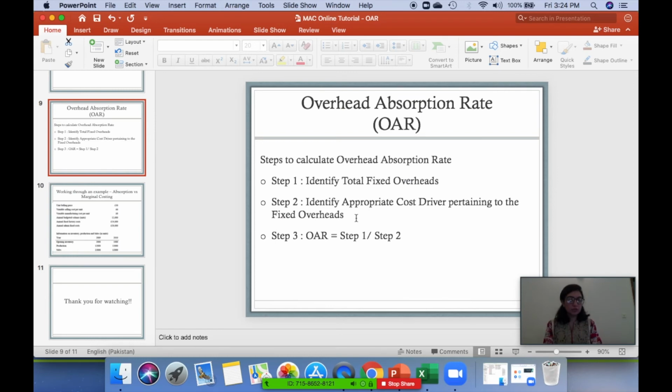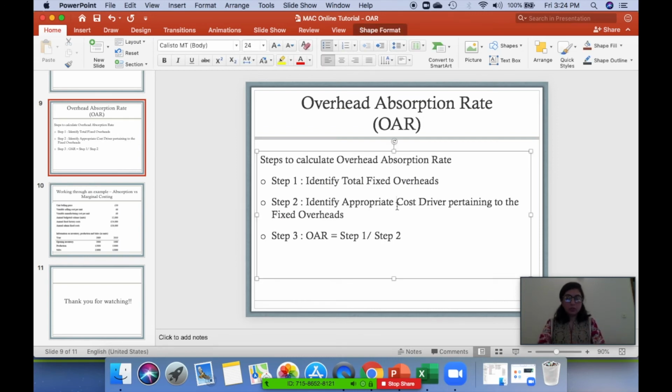Now your fixed overheads were calculated at the beginning and fixed overheads remain constant. So the cost driver should be something that was also identified at the beginning. So I'm going to add a word here which is: identify appropriate predetermined cost driver. The appropriate predetermined has been highlighted here while calculating. So that is how we make minor changes, because as we work through an example, things become clearer and more detailed through doing a question of cost accounting.